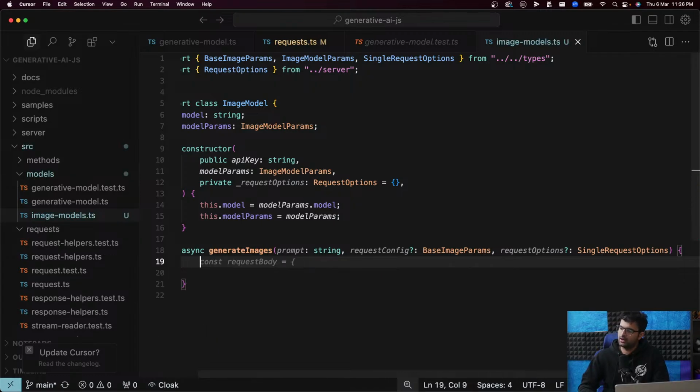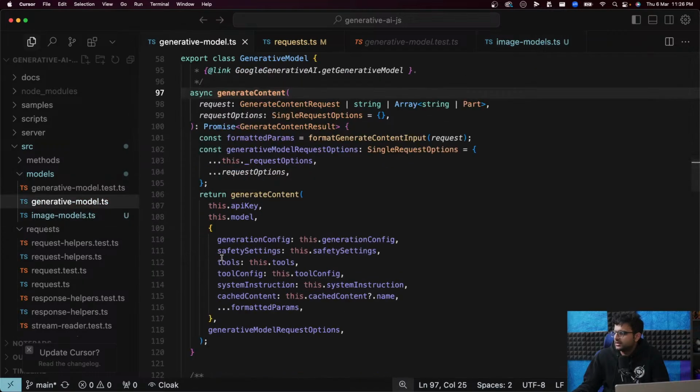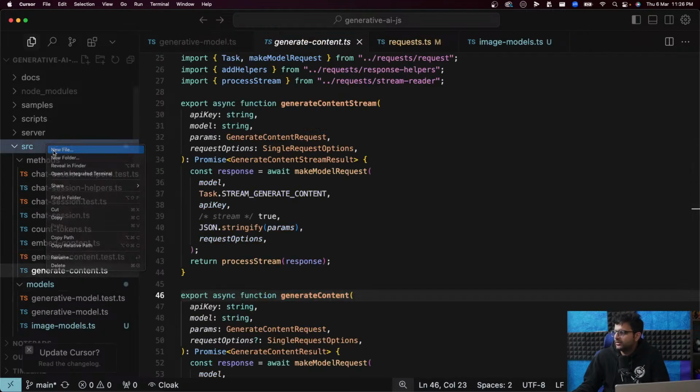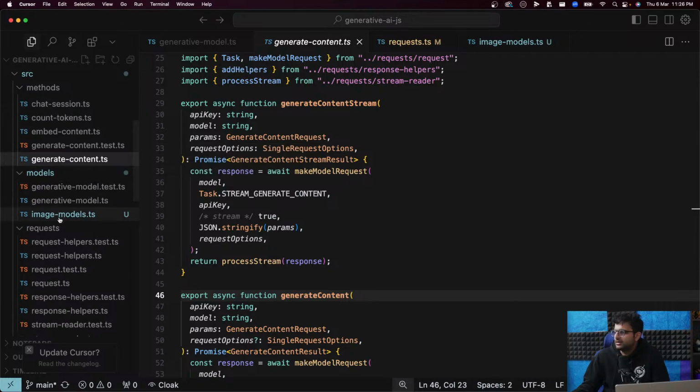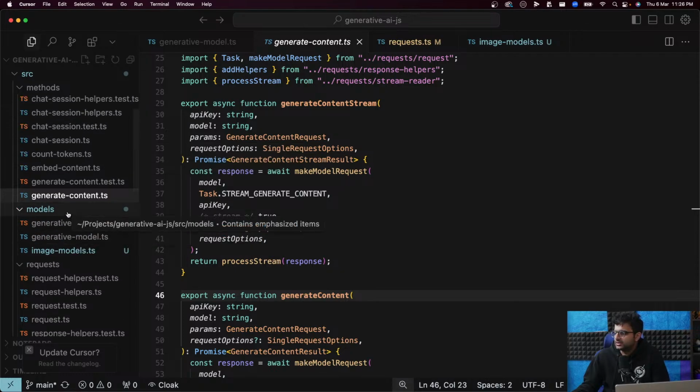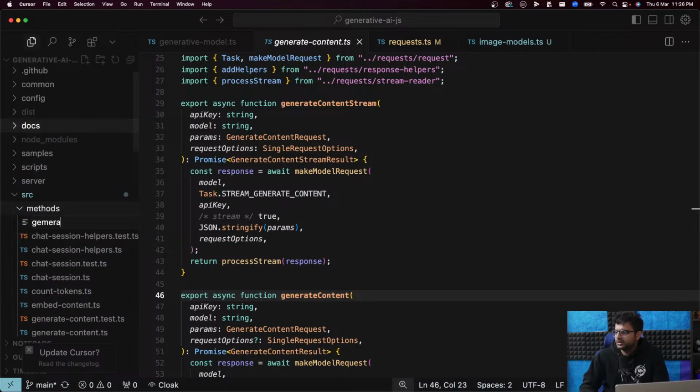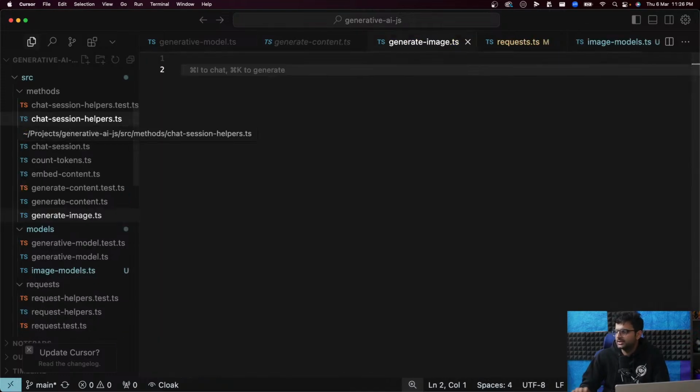Now we don't want to do that. Let's see how we interact with normal text models here. There's another function called generate content in generate content.ts. So we'll introduce another method called generate image.ts.